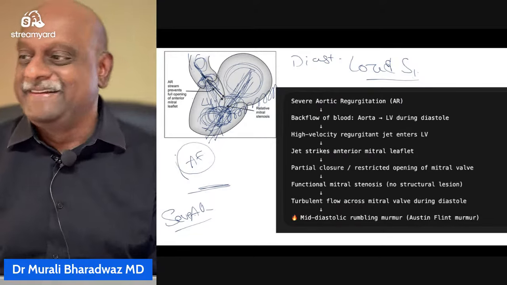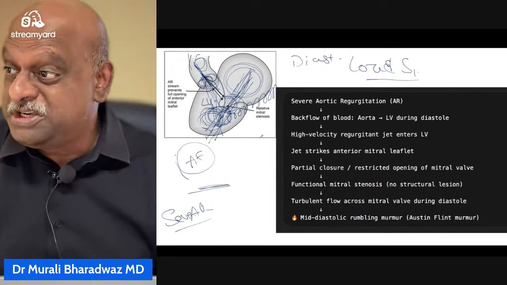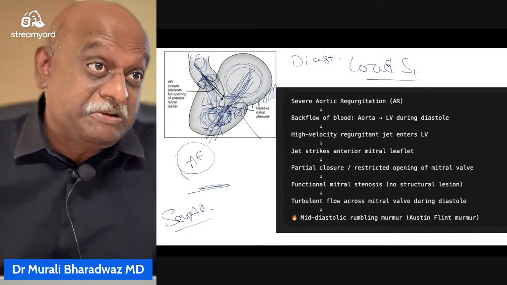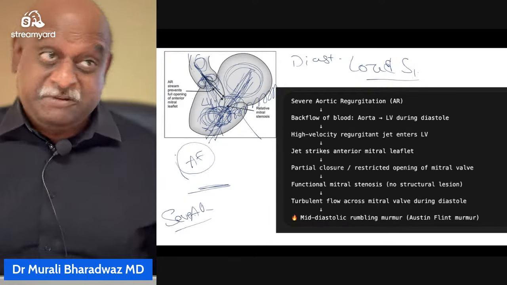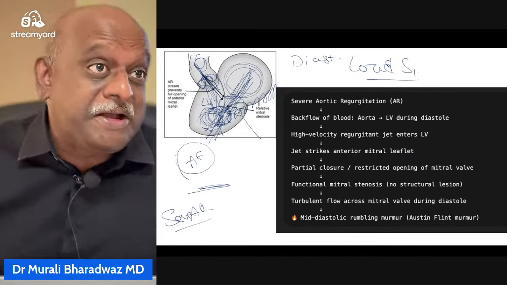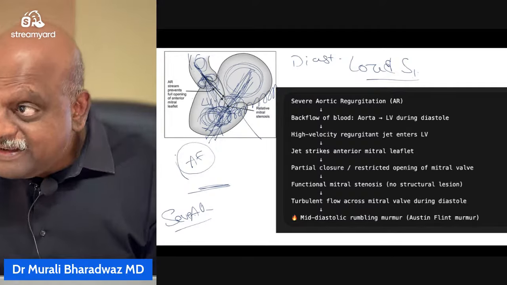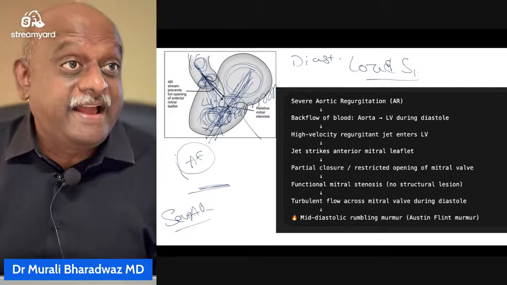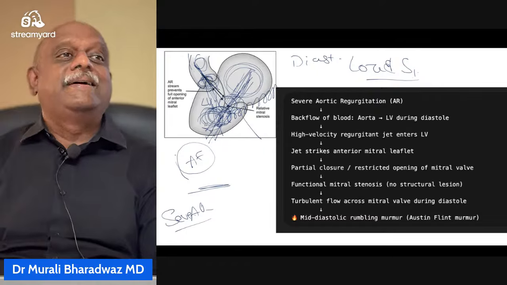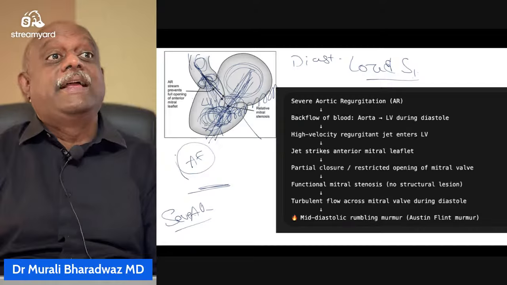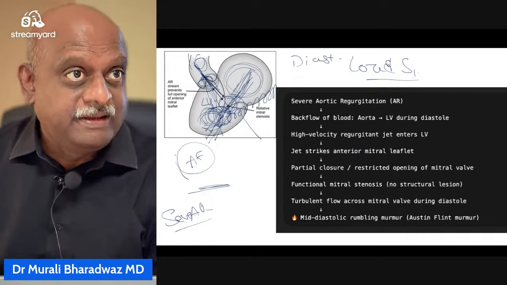If it is a very chronic MS, which is a calcified valve, probably it is not causing loud S1. Just because it is not causing loud S1, how can you tell that it is AR Austin Flint, but not the MDM of MS? The examiner will ask you, right? So,